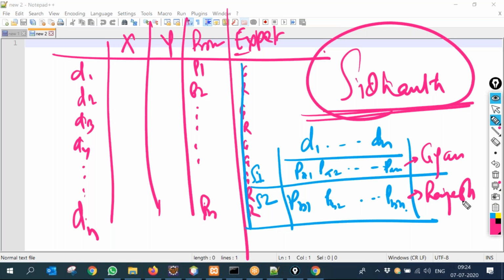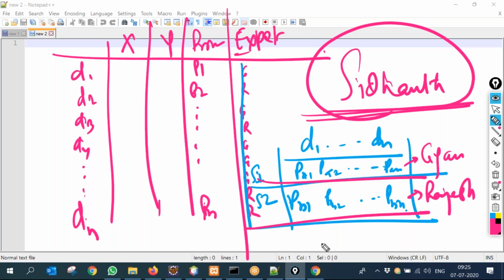So if I compare both of them, I can compare the performance of Gyan and Rajesh over all diamonds, not only the diamonds which were dealt by Gyan or Rajesh. I started with Gyan's file, then I give all the diamonds, mixed, and Siddhant doesn't know which came from Gyan and which from Rajesh.